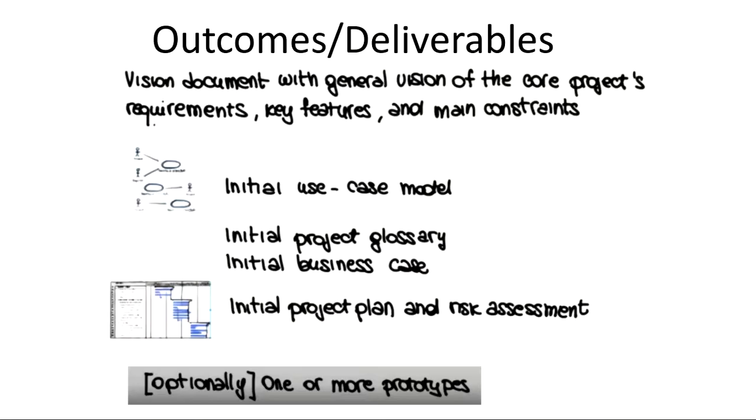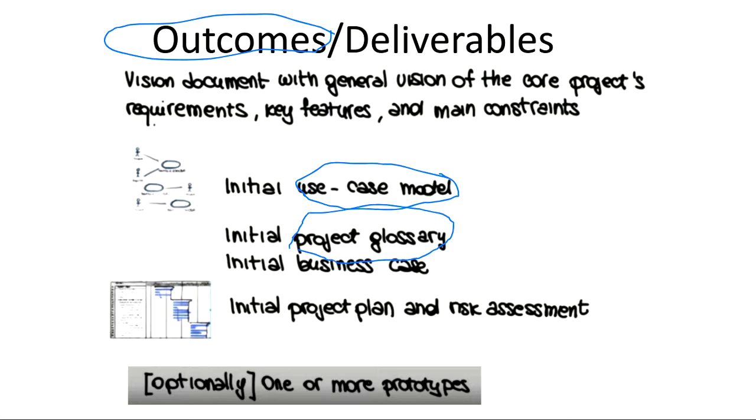Okay, next comes, what are the outcomes of this inception phase? Why are you trying to do this inception phase? So firstly, you try to create some initial use case models based on your past history. Your project glossary. What does glossary mean? Basically a kind of document where all the term definitions will be mentioned, like a dictionary where every term related to your project will be. So that is a project glossary, whatever you are going to use in your project.